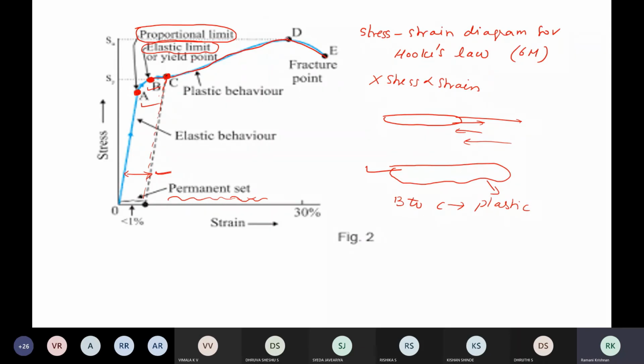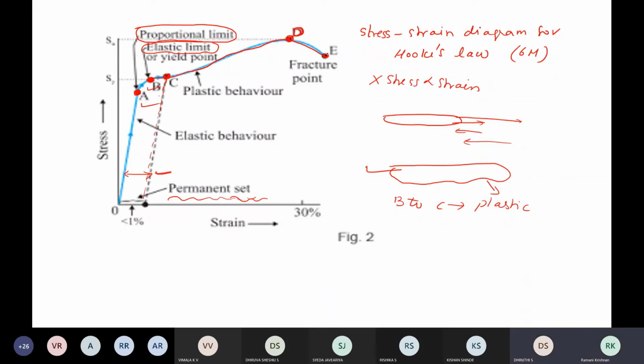In this region there is a peak, peak D. It is called ultimate strength. Okay, that means after this the body loses its strength. And from the name itself, fracture point, can you guess what is fracture point? From the name itself, students, what will happen when you get fractured? What happens to your bones?